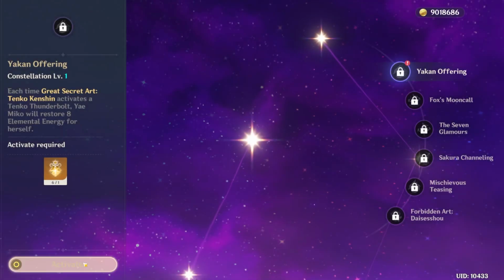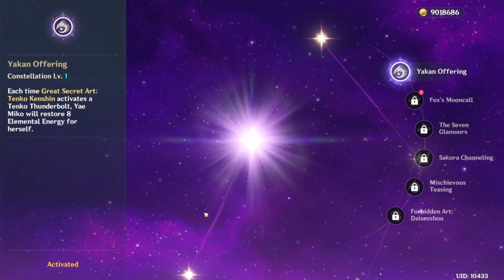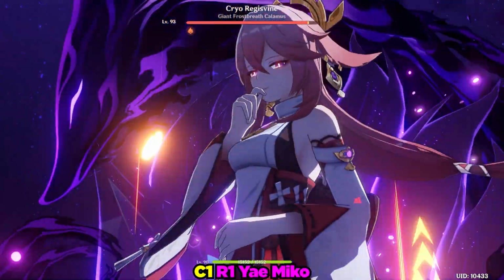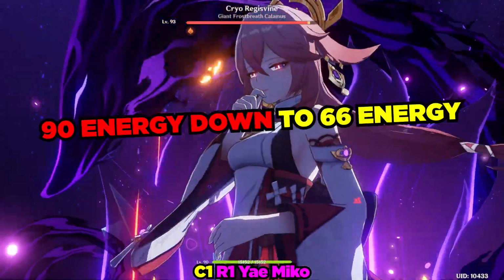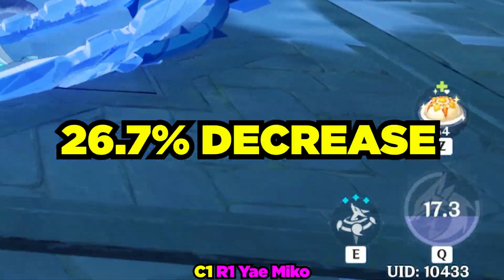Now Yae's Constellation 1 does nothing to boost her damage, and instead refunds 8 energy per Tenko Thunderbolt. Since you pretty much always use 3 totems before her burst, you will get 24 energy back from her Constellation 1. This reduces her burst's energy cost down to 66, from the original energy cost of 90, which is a